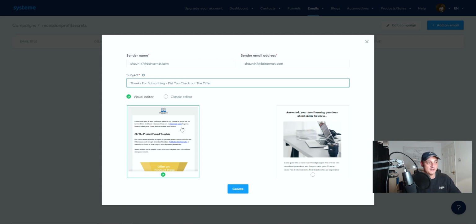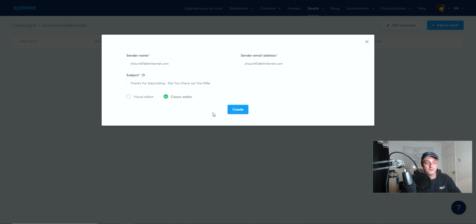You've got an option of a visual editor or a classic editor. The classic editor is the easiest one for you to get started with. It just means there's no graphics or images for you to have to worry about, plus it will be cleaner for your subscriber, because you'll be just sending them an email message. It's going to be saying hi, welcome, and all the rest of it, and then you're going to be asking them to click a link. So we want to create,